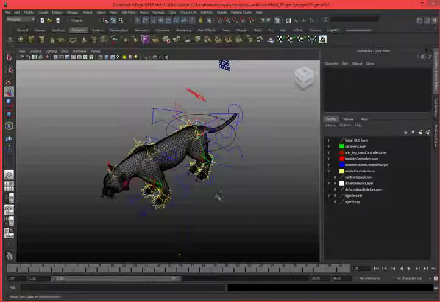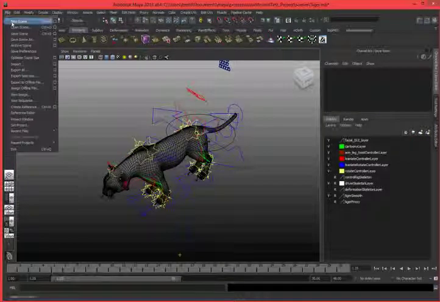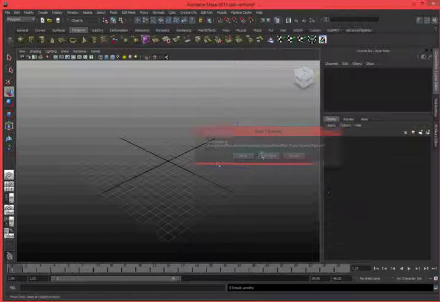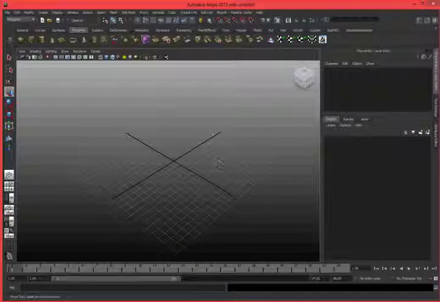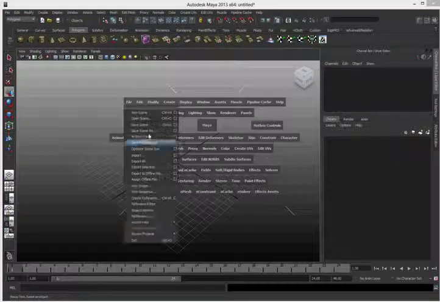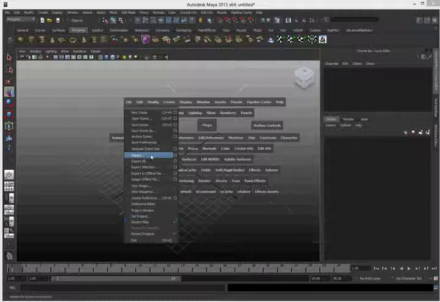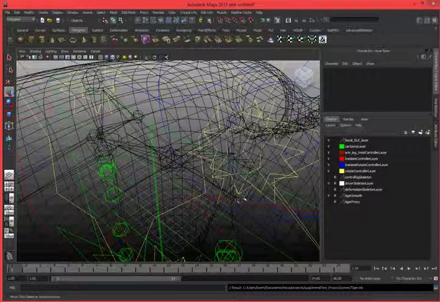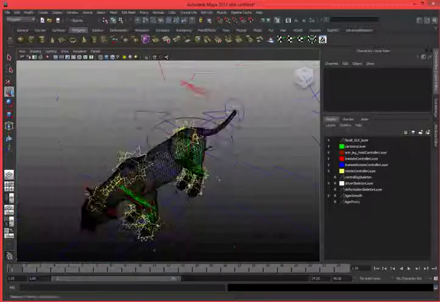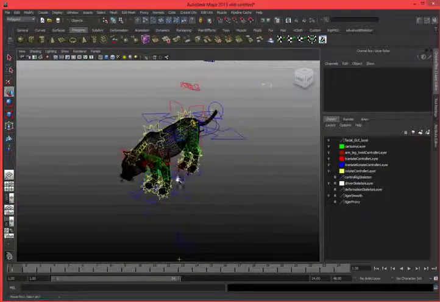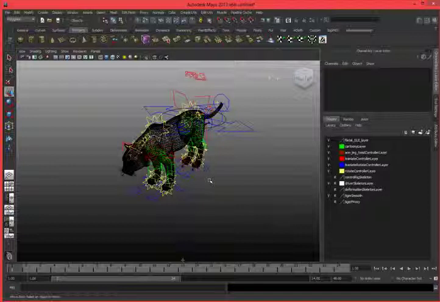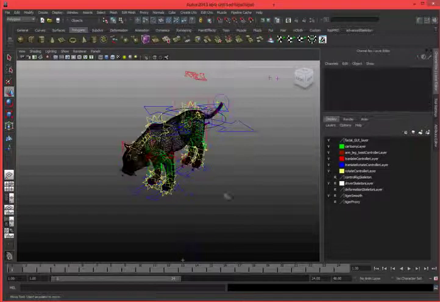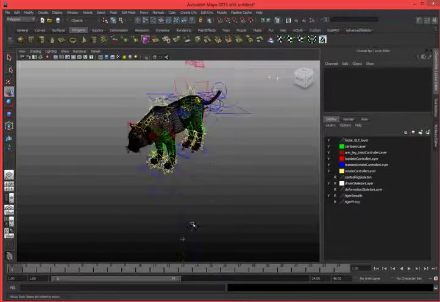However, the problem is if I go and have a new scene and then I import the character into the scene, import this tiger into the scene, what happens if I have multiple characters in the scene that are next to each other that makes the selection of these controls difficult to do? So if I have this character like this,